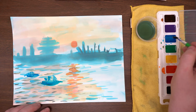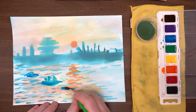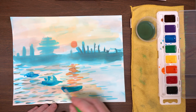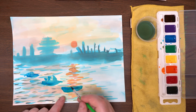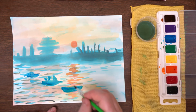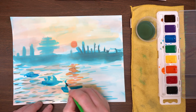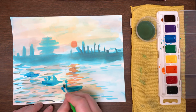And for the third one, again, the same thing. Grab some of my blue. Make this one a bit bigger, and this one's going to be kind of overlapping. In my case, in the original, it doesn't, but in my case it is. It's overlapping this reflection of the sun. That's fine. Here I see a little bit more detail, so I see the body of a person, the head of a person, and then